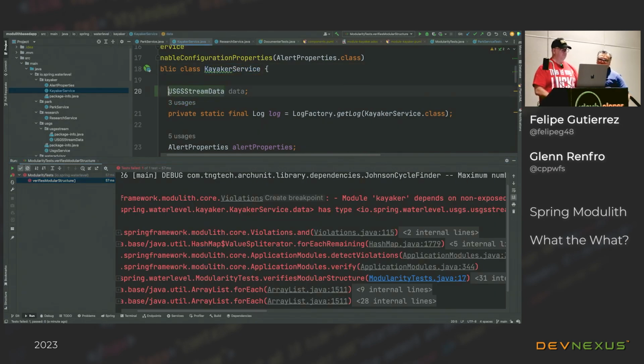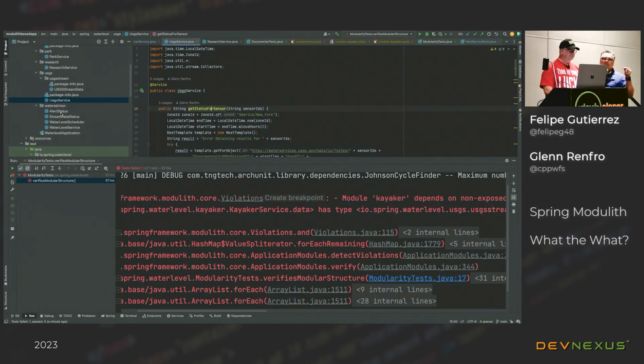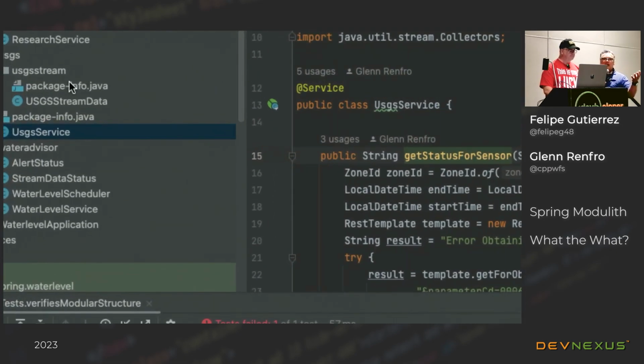Before, Glenn, you break this, imagine that we are migrating this application step by step, right? So we are migrating everything into modules. Now, is there any way that we can provide certain information to say, Spring Modulith, hey, can you help me out? Practically, I'm moving slowly, and I want to allow this particular change, right? So I think, okay. Let me see, Glenn. Yep. Yes, sir.